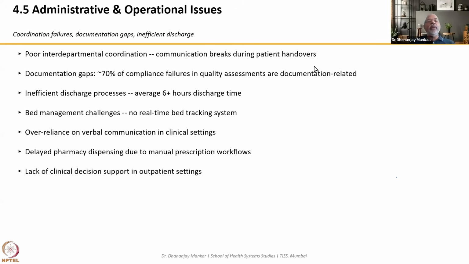It is a slow process, and quality documentation plays a major role here, where you can identify, you can analyze, you can make it a way to improve. Okay. And inefficient discharge processes: the average discharge time should not be more than 2 hours maximum, but it is seen that the average of 6+ hours has already been crossed, and the hospital is on the verge of a very poor discharge condition, where a prompt, planned discharge is not being seen.